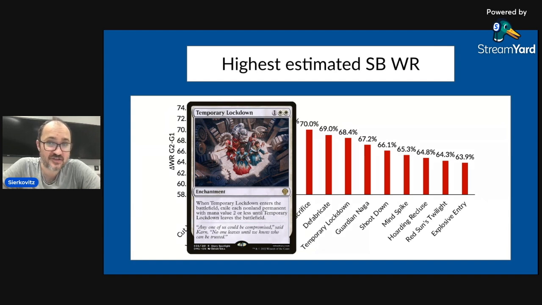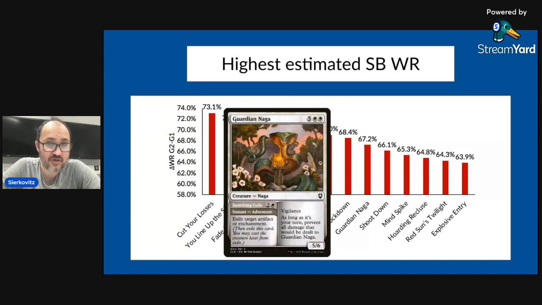Another card we have on the list is Guardian Naga from Alchemy Horizons. And this one probably was just not good enough to main deck because it's a 7-mana 5/6 with Vigilance, and as long as it's your turn, prevent all damage that will be dealt to it. But it had an adventure of instant, exile target artifact or enchantment for 2 and a white. And if you played against a deck that had some significant artifacts or enchantments, or if you played a deck